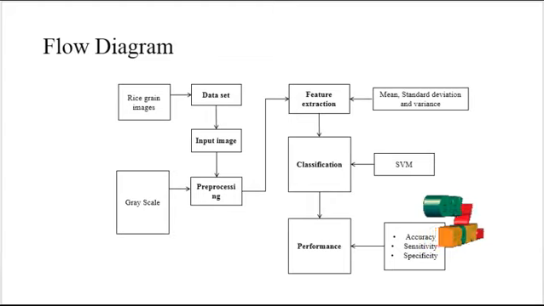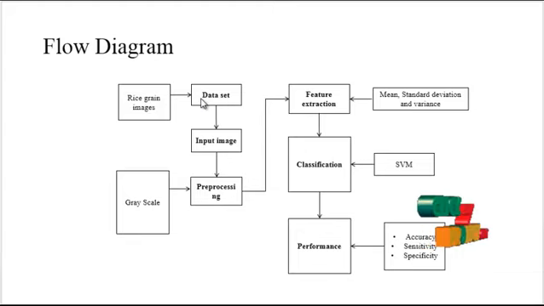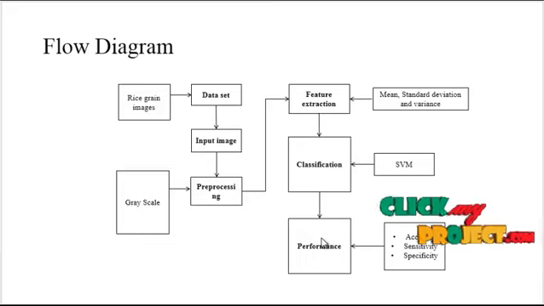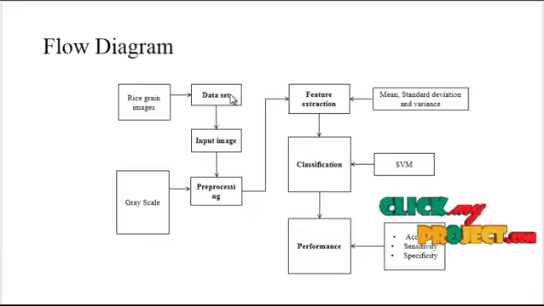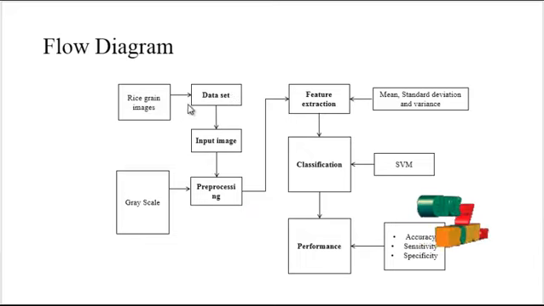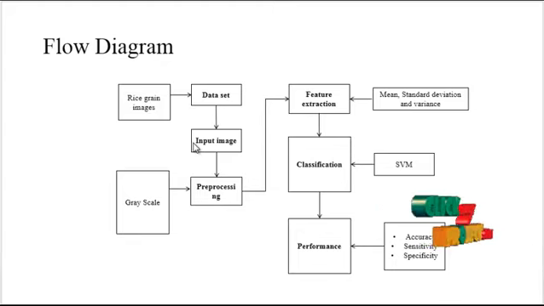Now we are going to discuss the overall working flow of the process. This is the overall working flow. The modules in this project are the input, pre-processing, feature extraction, classification and performance estimation. Now we get into the flow diagram. First of all, the dataset consists of the different kinds of rice grain varieties. Then in the input stage we have to get any one image as an input. After getting the image as an input, we move on to the next stage of the process,